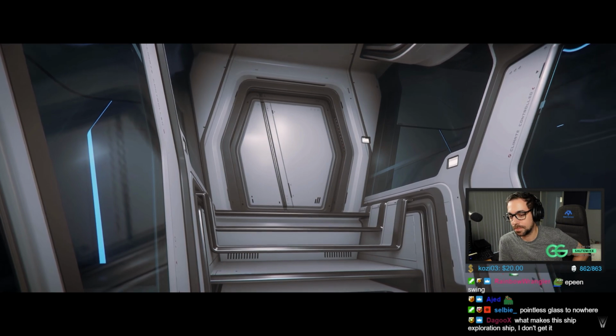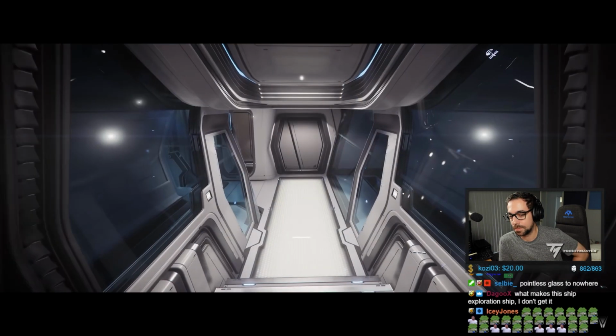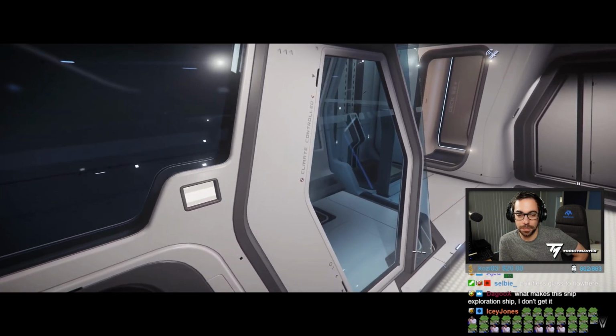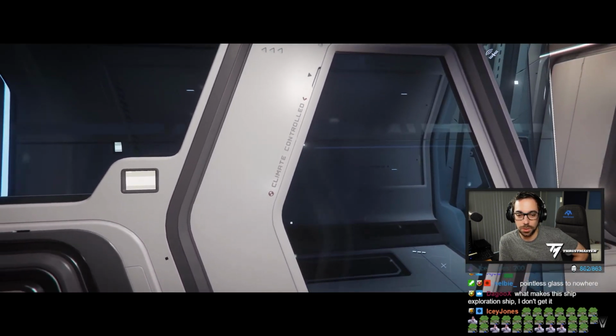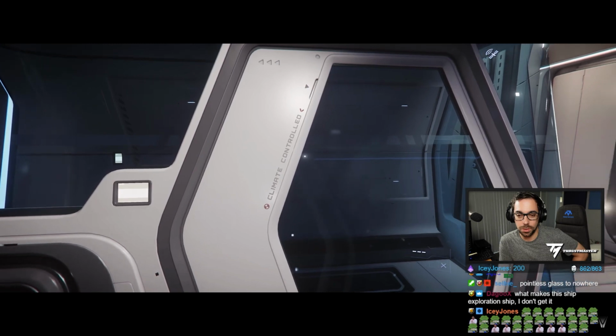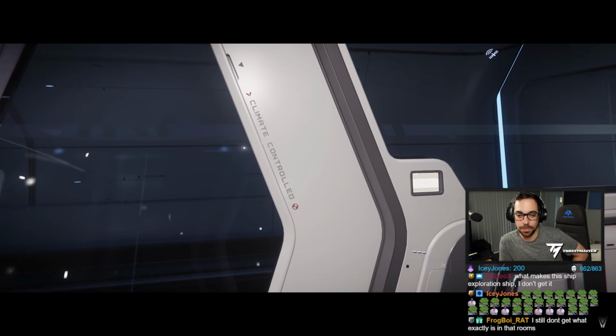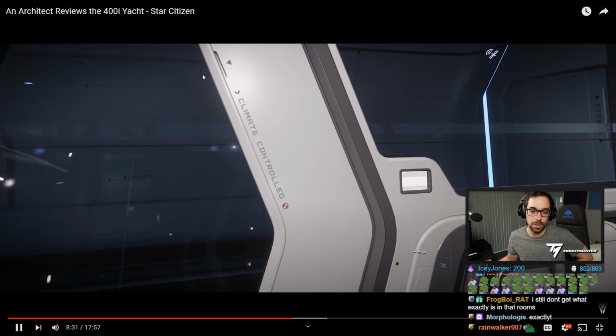It's really about intention here. With the 890 Jump, the intention is to be chauffeured and to be pampered in a luxurious environment. Here, they know that the owner of this vessel wants to explore, and so everything about exploration should be celebrated and centered to the design of the ship. One cool little quirk of the engineering...